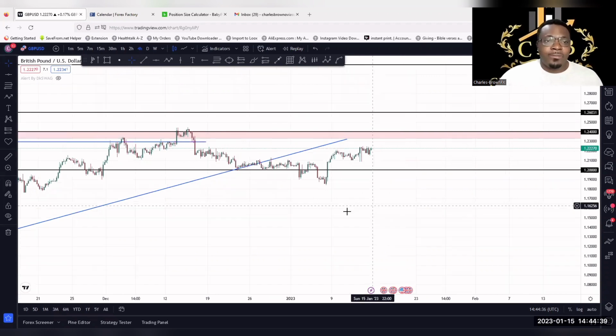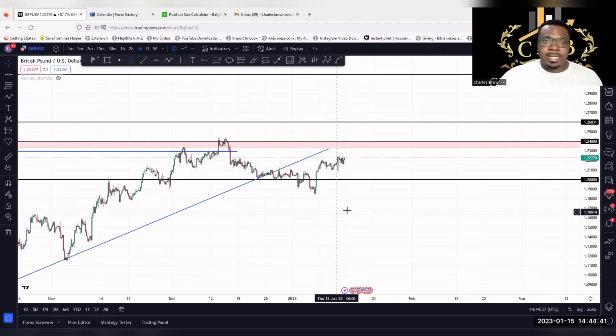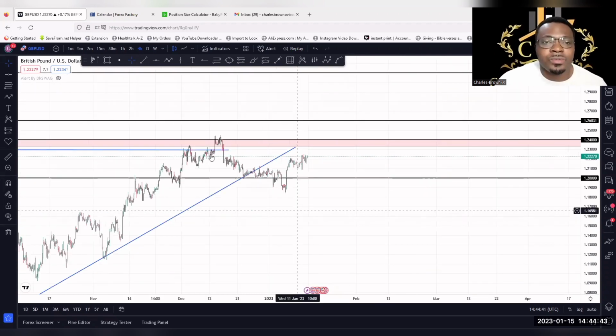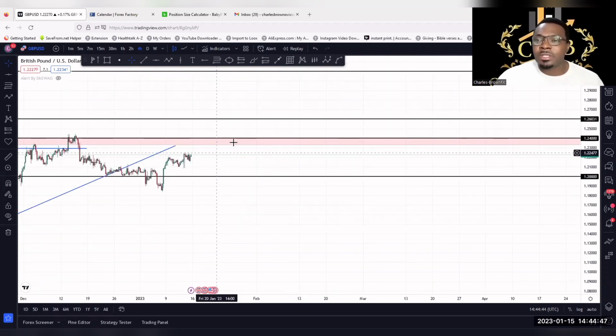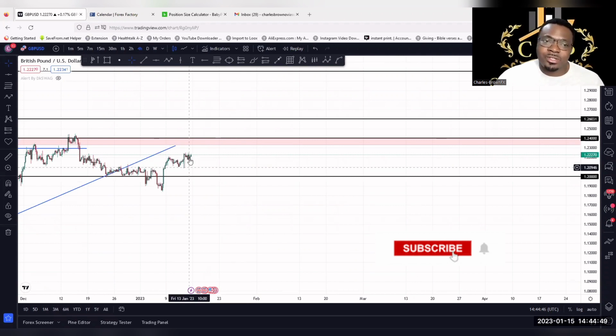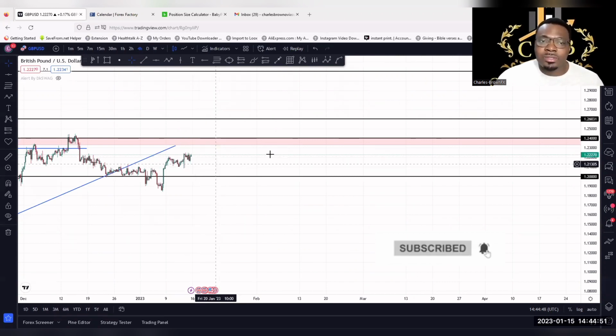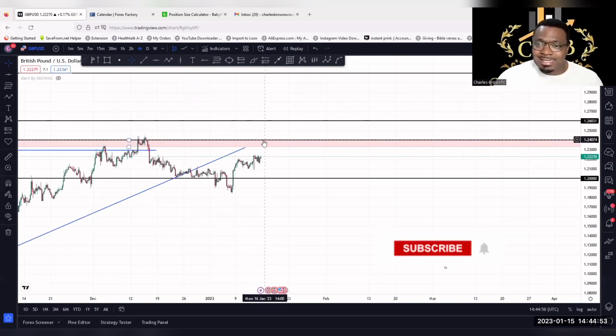So if you go to the 4-hour time frame, you can see that price is very close to that key level as well. So we have a few pips up to that level. So you need to watch our price action at the opening of the market to know whether you're going to be looking at selling from there or you're going to be looking at buying from there.